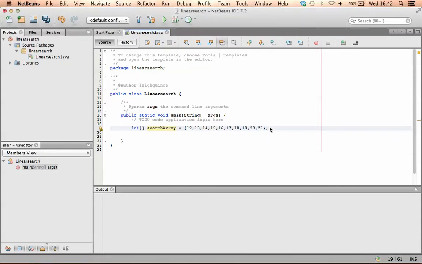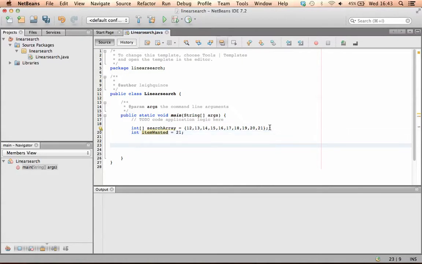So for ease of use, what I'm going to do is declare up here an int I want to find. So I'm going to say item wanted, and I'm going to start by just hard coding these values in. I'm going to start by looking for a value within the array. So I'm going to start with 21,